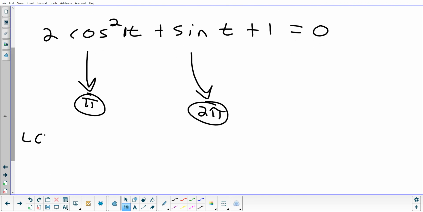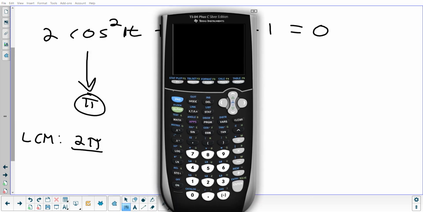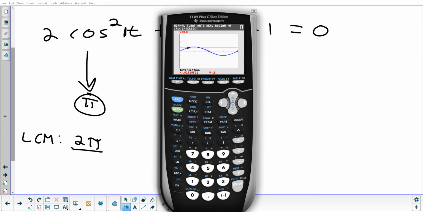Now, what's the least common multiple of pi and 2 pi? Tyler? 2 pi. So again, this number tells me two things. It tells me how to set my window, and it tells me what I need to put on the end of each answer. So let's set our window first. What would be a good x min and x max that's 2 pi units wide? Jake? 0 to 2 pi. Yep, I do 0 to 2 pi, and I think I already have that in there. Now, let's type